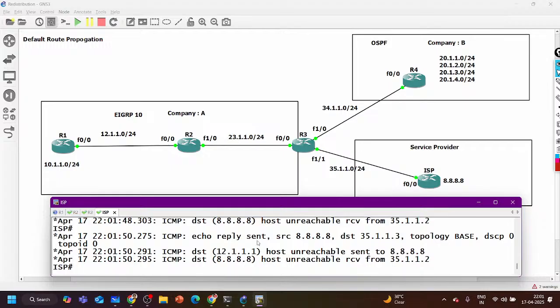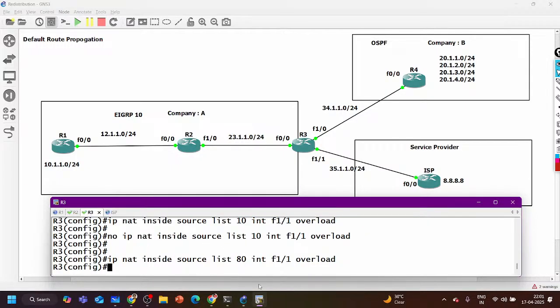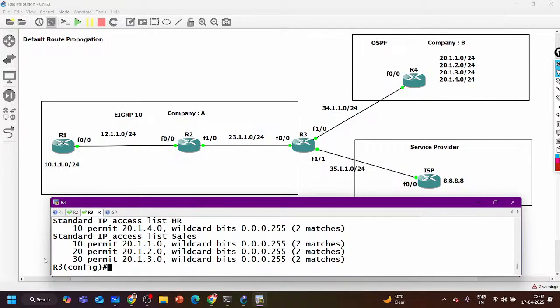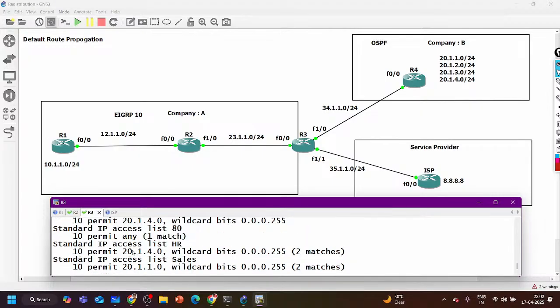ISP is still receiving the traffic from 12.1, means router 3 is not performing the translation. What happened? So, IP access list 80 permit any, one match is there.